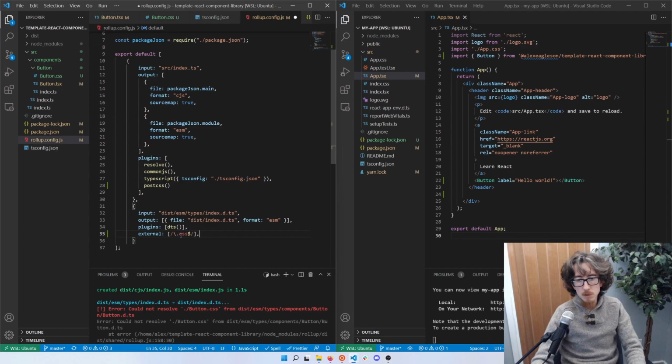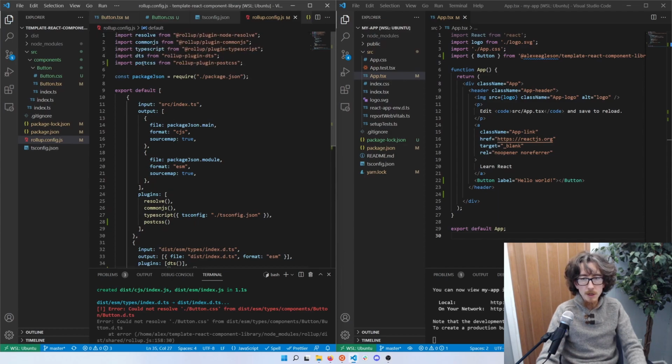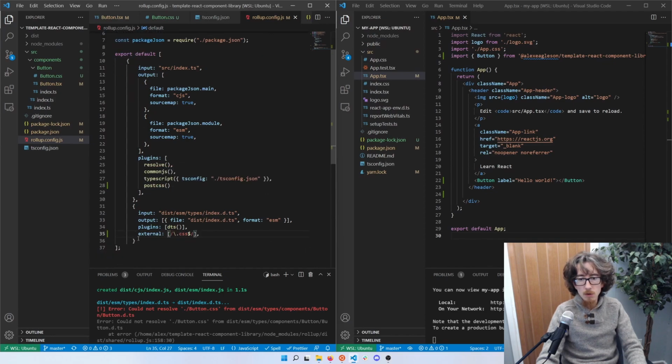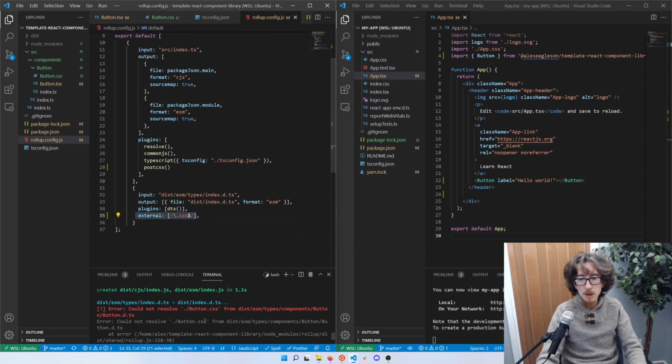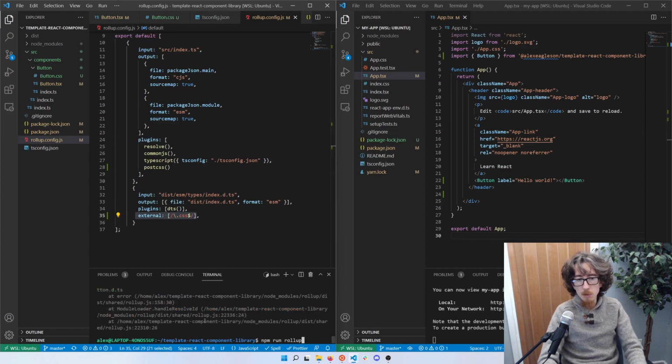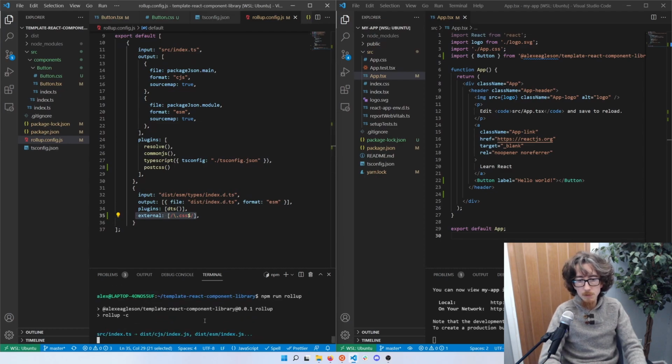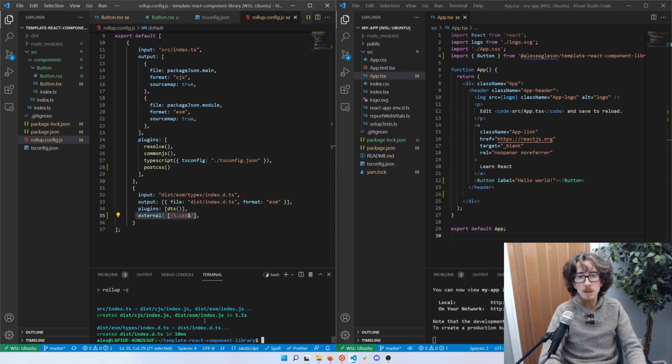Anything that starts with CSS and ends there, essentially any .css file isn't part of our type exports, so it can be safely ignored. So I'm going to save that. So between these three lines, import post CSS from the plugin, run the plugin, and ignore CSS files with our types. Now, when I run npm run rollup,